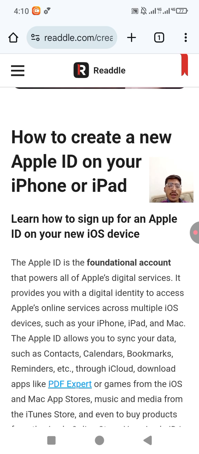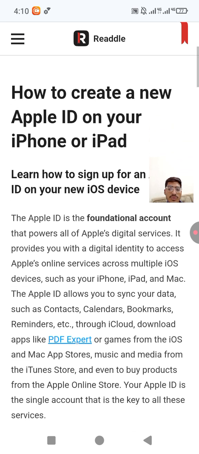The Apple ID allows you to sync your data such as content, calendar, bookmarks, reminders, etc. through iCloud, download apps like PDF Expert or games from the iOS and Mac App Store,